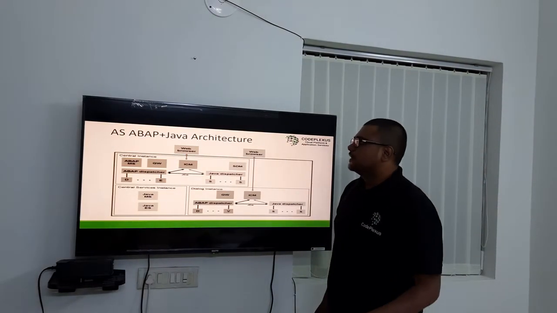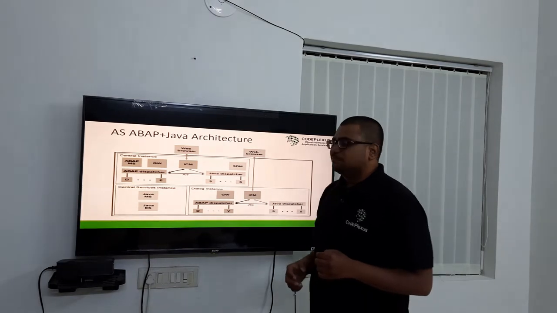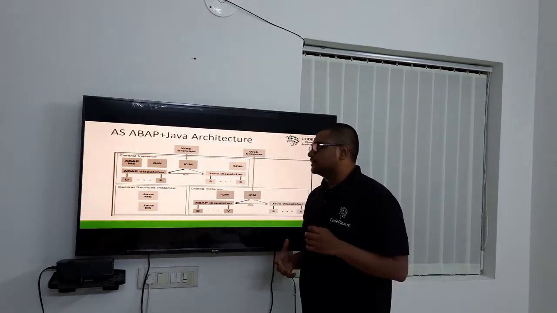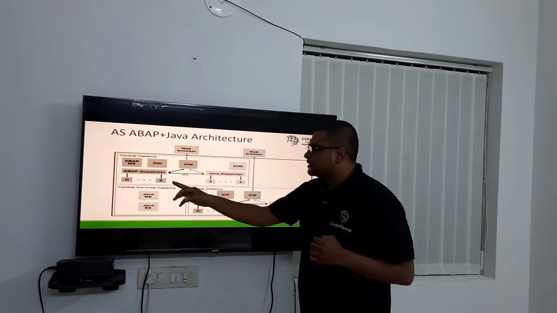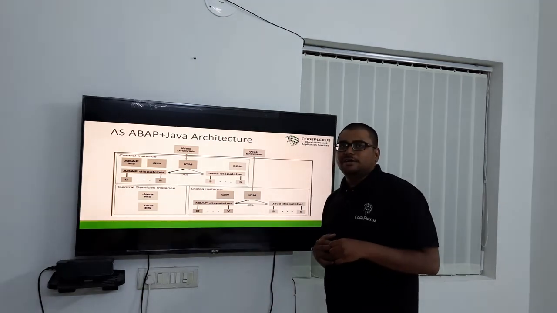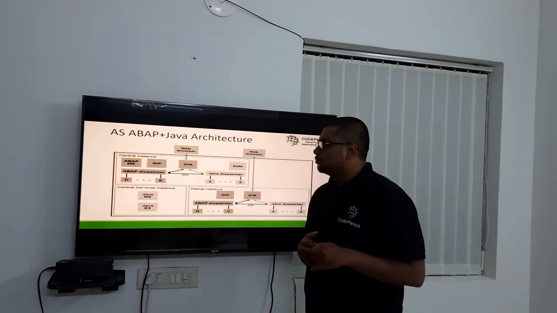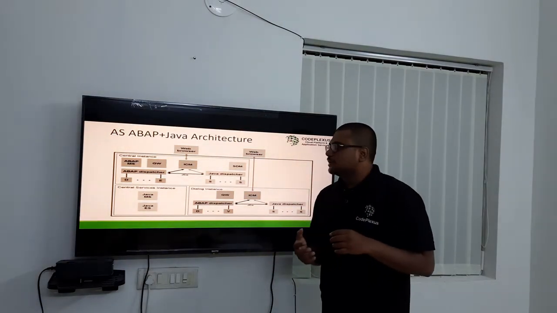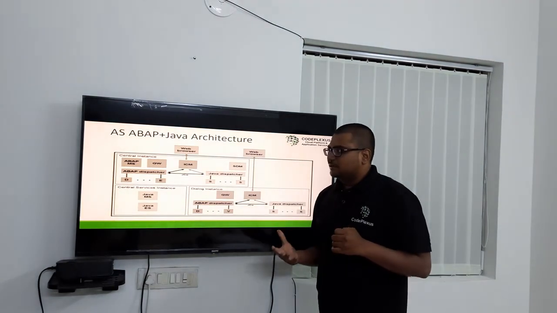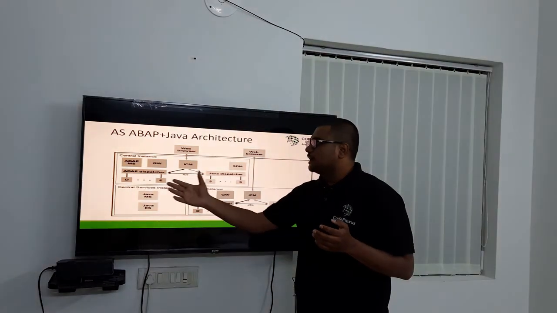And coming to the AS ABAP plus Java architecture, combining both architectures, it contains the central instance, central service instance, and dialog instance. Here it contains both architectures in one system. If the request is from the GUI, it is handled by the ABAP system.